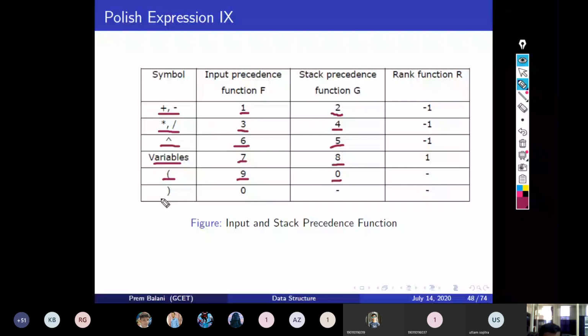And for closing parenthesis, we have input precedence value 0 and the stack precedence function value is not defined, because we are never going to push the closing bracket in the stack, so no need to define its value, right? So you remember this. Let's go ahead with the algorithm.